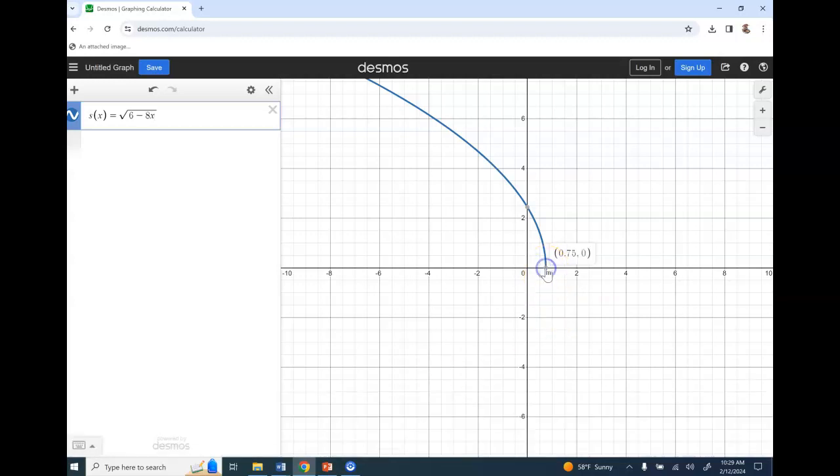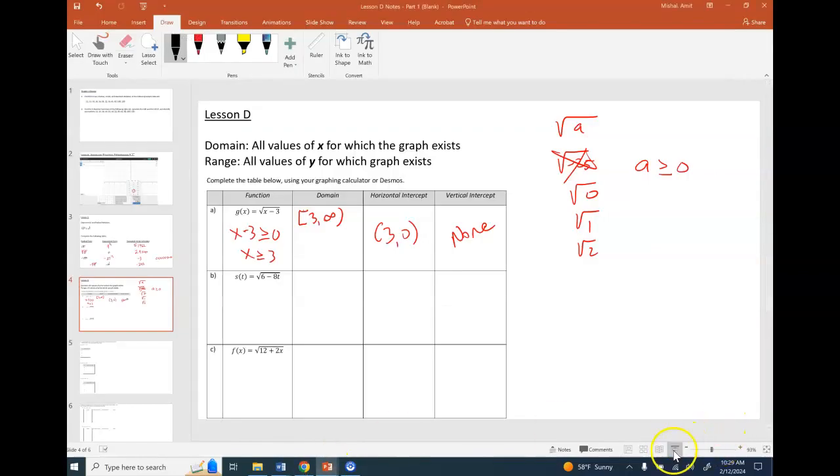So we can see here that this time the highest value of x is 0.75. Now notice that this is the highest value of x. And from here, the function goes to the left or towards negative infinity. And when we write this in interval notation, you always write the smaller value first and then the higher value. So because the graph goes towards negative infinity, and negative infinity is smaller than any other number, because negative infinity is a concept that numbers get smaller and smaller, that's going to come first, and the highest value is going to be 0.75. So our domain is going to be negative infinity,